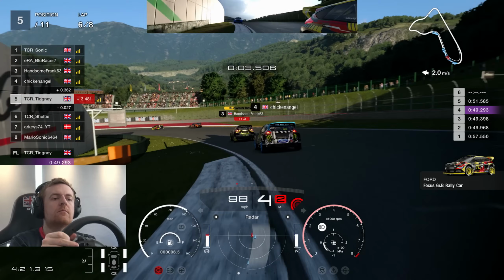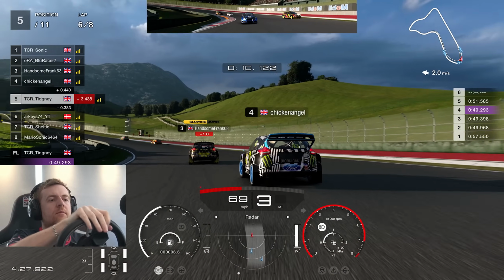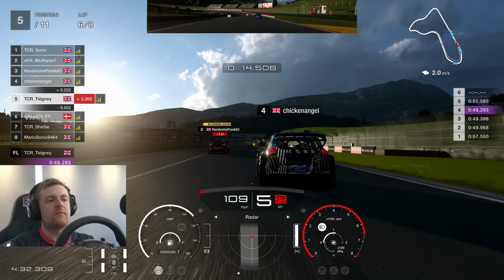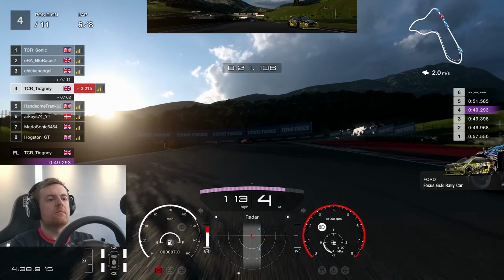Good amount of laps, actually, for Daily Race A as we head down in towards turn 1. Again, trying to keep this car nice and stable as we go into here. Use as much of the track as we can. All of it, every inch of the track as we continue on out of there. So Hanson Frank's going to take that penalty. We're going to be racing Chicken Angel in that Hoonigan Ford Focus as we head up here